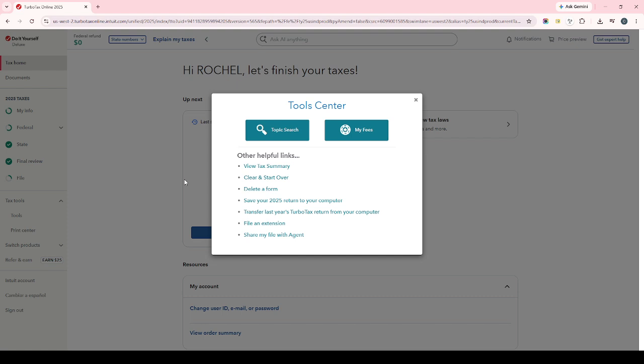Once you find Form 2441 in the list, click Delete next to it. After that, the program will usually ask you to confirm your choice. Go ahead and confirm the deletion. This extra confirmation step is there to help prevent accidental changes, so just make sure you're removing the correct form